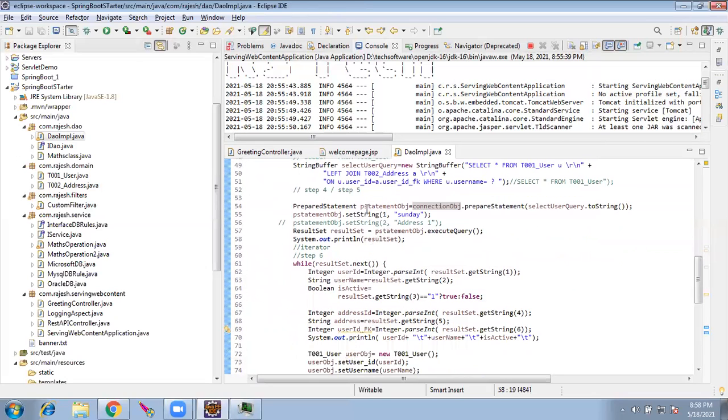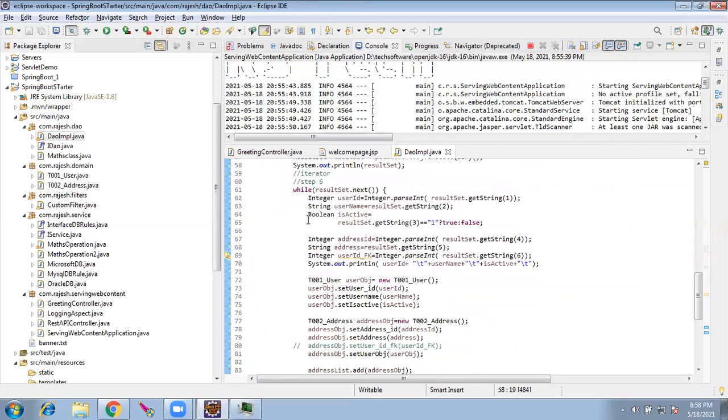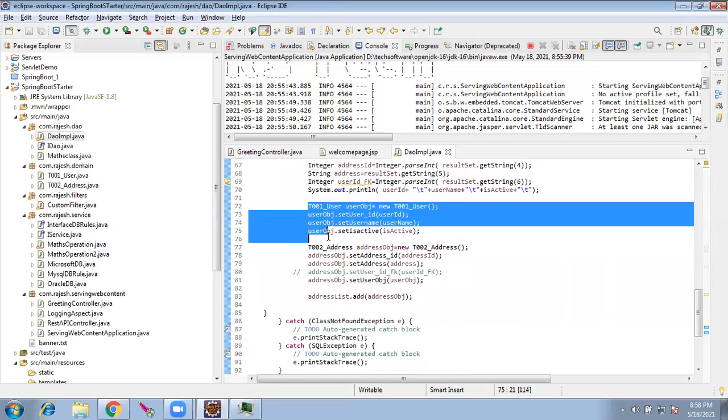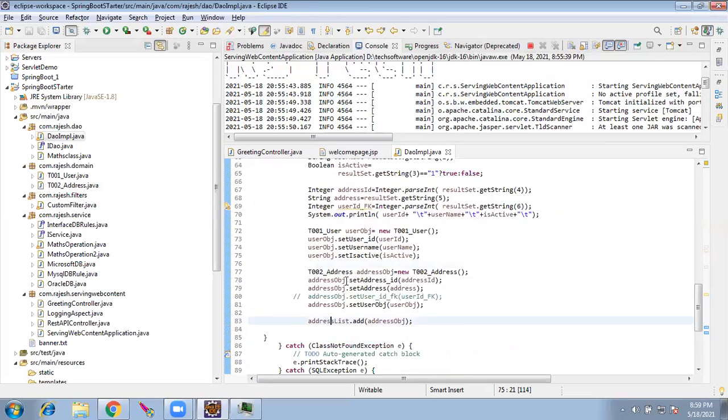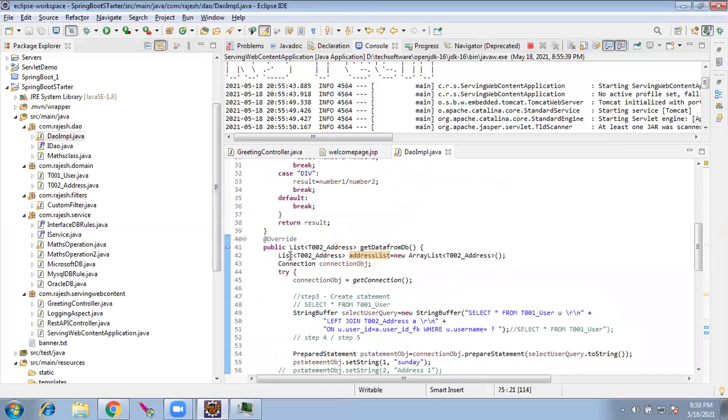Once I get back the prepared statement output, I iterate it. I form the user object and the address object, setting whatever data is needed in that particular object. I add it to a list. So I create a list. List is an interface, ArrayList is an implementation. So I create an ArrayList and add it to the list and return it back.